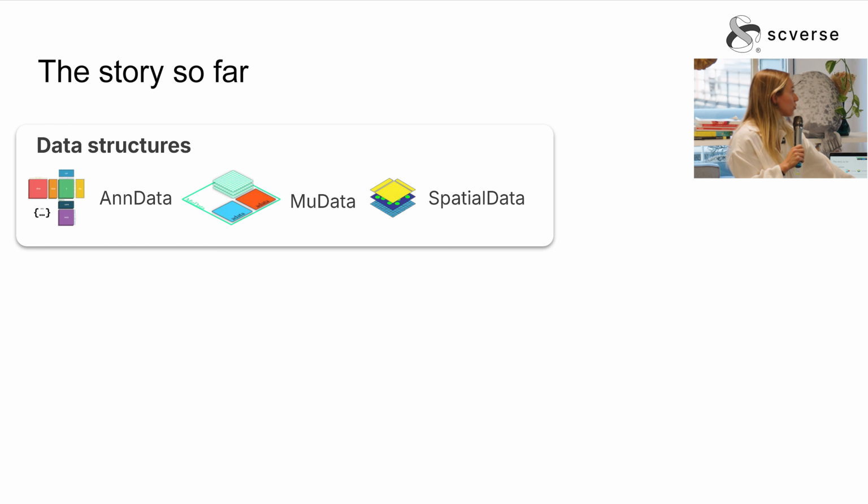So data structures, I introduced them. You're familiar with the space. AnnData, annotated data, is basically the main way to load your data in an object right now in Python. MuData is a dictionary of AnnDatas, so as many modalities as you like. They just share metadata, and they are basically structured and connected together. And SpatialData is kind of interesting because it has AnnData, the tables, the expression values are in an AnnData object, but you can also load all the pointers, like the raw images and everything. You can load it all in SpatialData, and they are layered and stacked, so you can analyze them together, and you can maintain all the information.